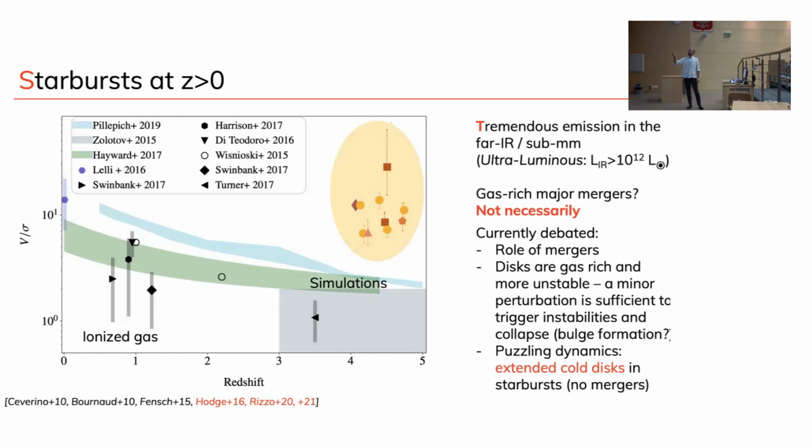If your starbursts are actually generated by mergers, then you would probably not expect to find a gorgeous, very extended disk, which is nicely rotating with very low velocity dispersion. But this remains to be seen. There are predictions from simulations that disks are transient features. So you reform a disk out of accretion, but it disappears, and something which is then long and steady forms. So the jury is still out. We'll see what's going to happen in the next few years.